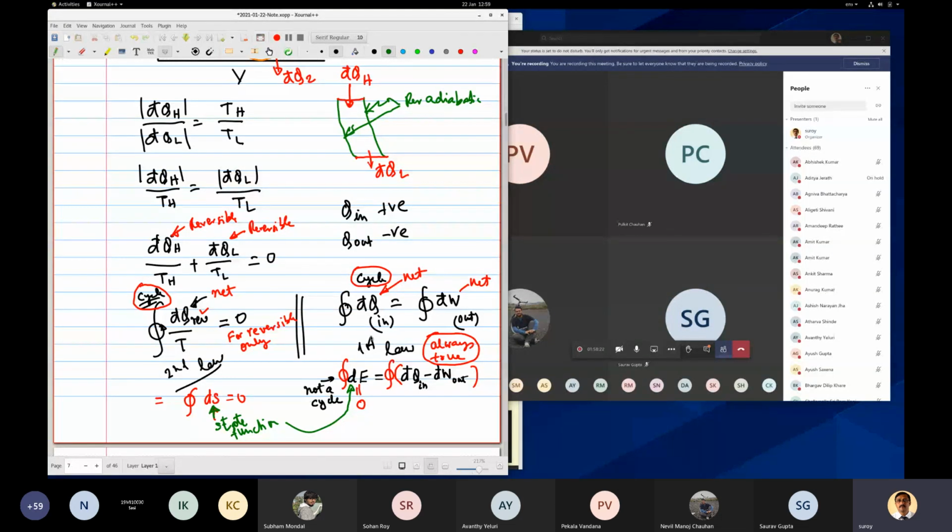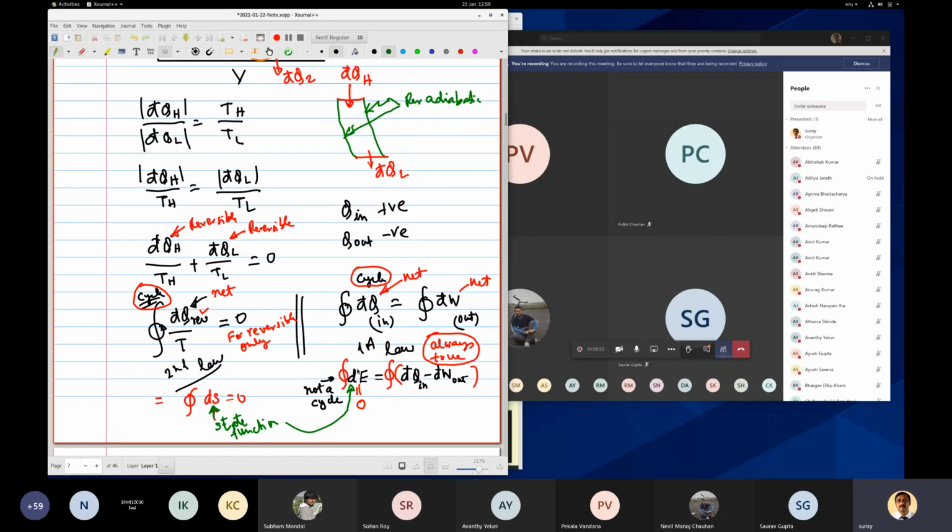So first law gave us dE, a state function, where E is equal to U plus kinetic energy plus potential energy, or you can just say internal energy. The concept of internal energy came here. So here also you have the dS concept. So the second law of thermodynamics gave us entropy. The first law of thermodynamics gave us energy or internal energy, whatever you call it. Then we will talk more about this entropy.